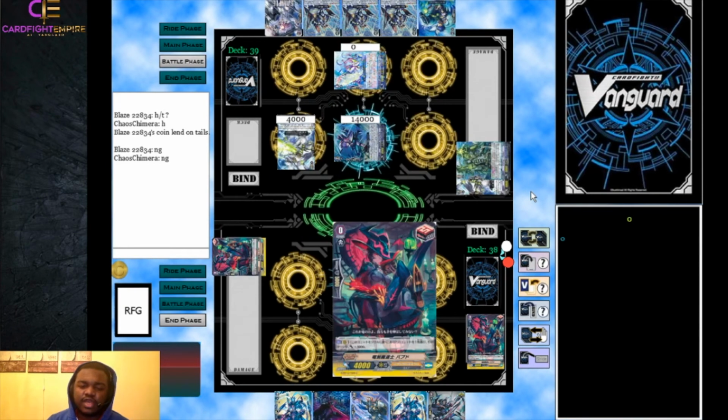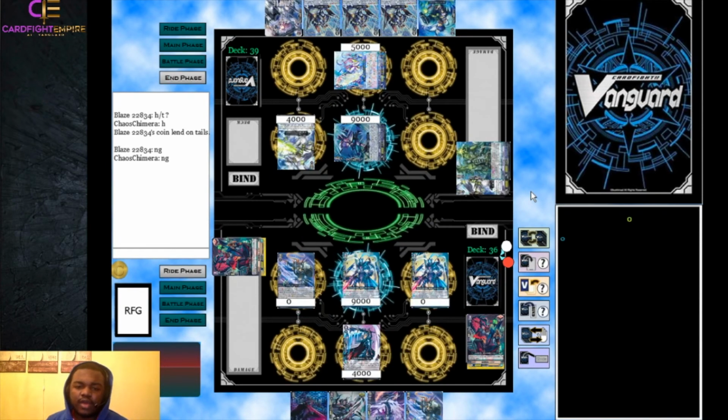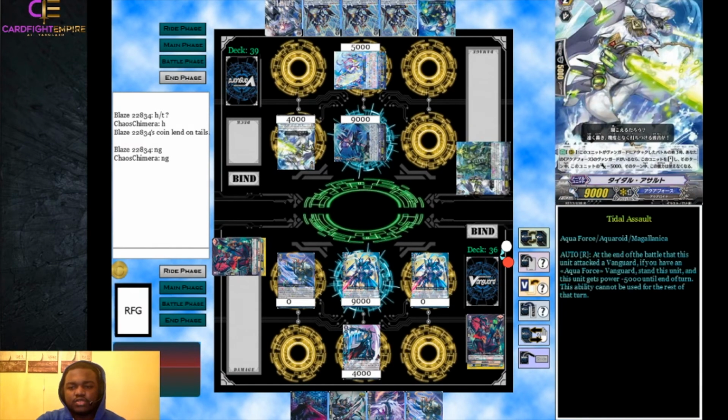He attacks us with Vanguard. We get a draw trigger, get power, and then we call our grade 2s, deciding to rush him. And then as soon as we called the grade 2s, I guess he looked at the top card of his deck and then he just quit. So I'm guessing I would have just attacked the Dark Pride into his Tidal Assault,